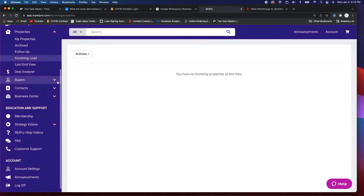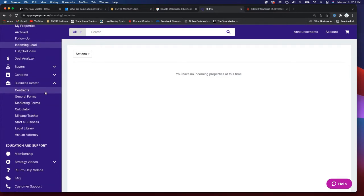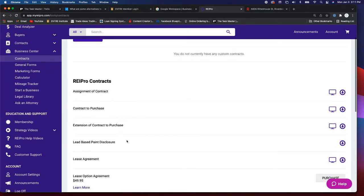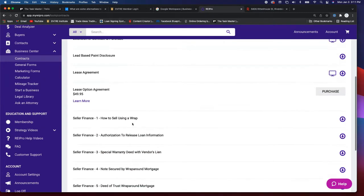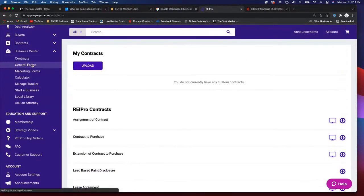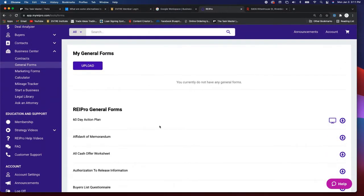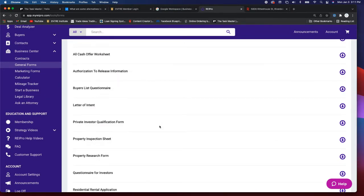Going down, you got your buyers, your contacts, the business center, where you can pick up your contracts. They actually have purchase contracts in here, assignment contracts, extensions, disclosures, lease agreements, and a lot of other seller finance information. Then you have your general forms, things that you can work through, paperwork that you can actually print out, marketing forms to help you market your